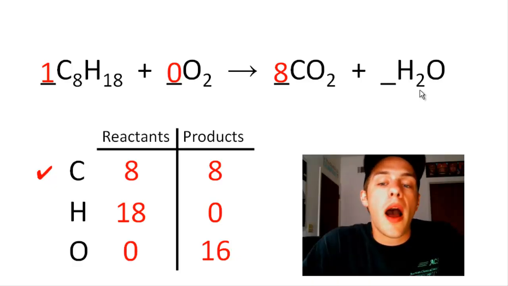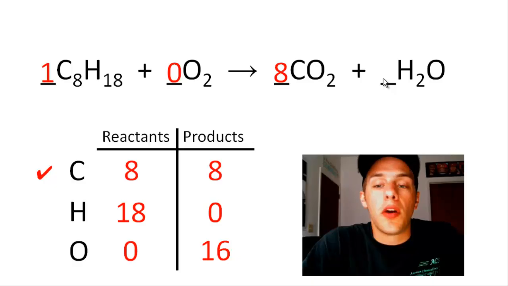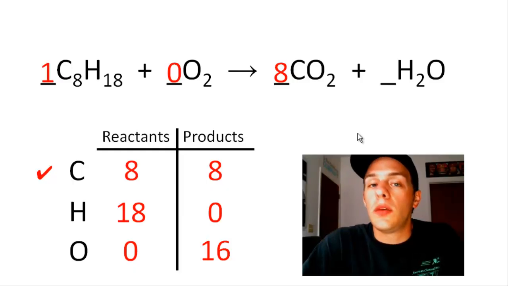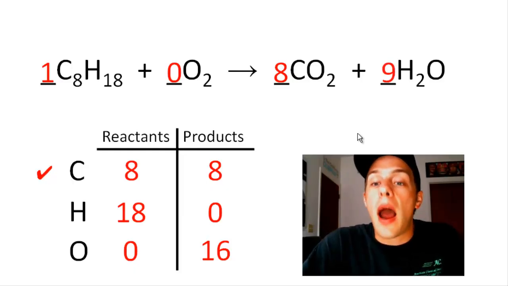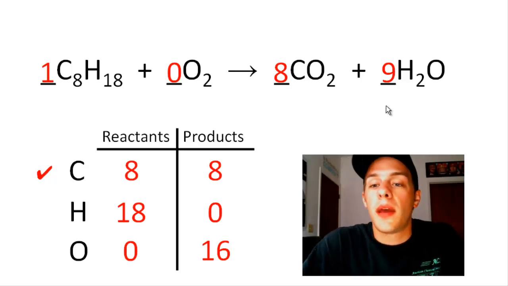So since there are 2 hydrogen atoms per water molecule, I need to assign a coefficient that when multiplied by 2 is going to give us 18. So what times 2 equals 18? That would be 9. So that's the coefficient that I'm going to go with. So that gives us